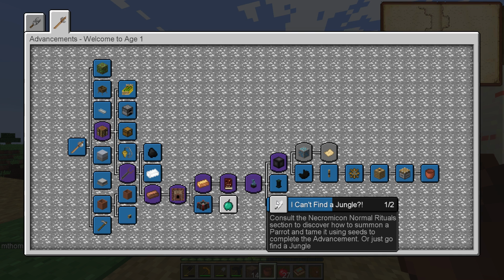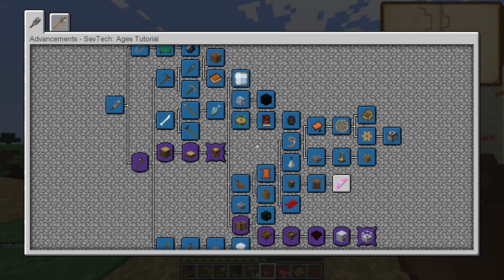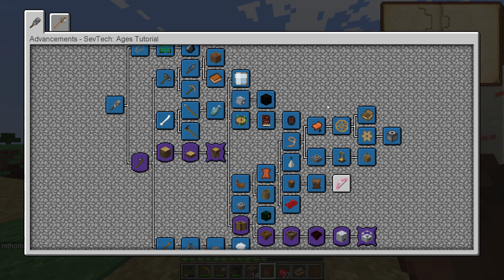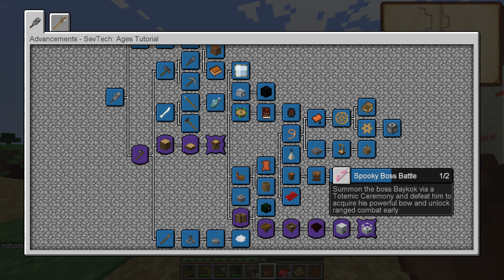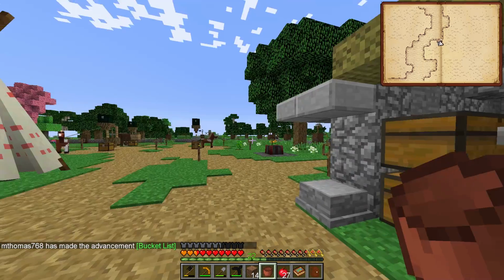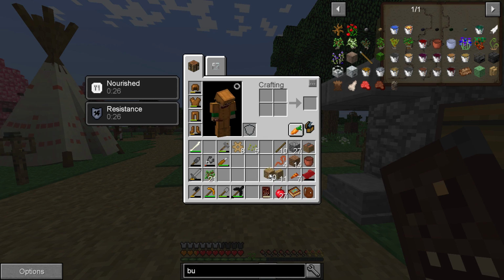I think what I want to try is maybe we should try and summon our parrot, because eventually, given how monsters have been in the beneath, I do want to kind of get this bow out of the way. It's the last thing we have from Age 0 that we didn't do. And to summon Bykok, we're actually going to have an eagle feather, I think, or an eagle whistle, I think it is. Which means we need an eagle, which you get by taming a...